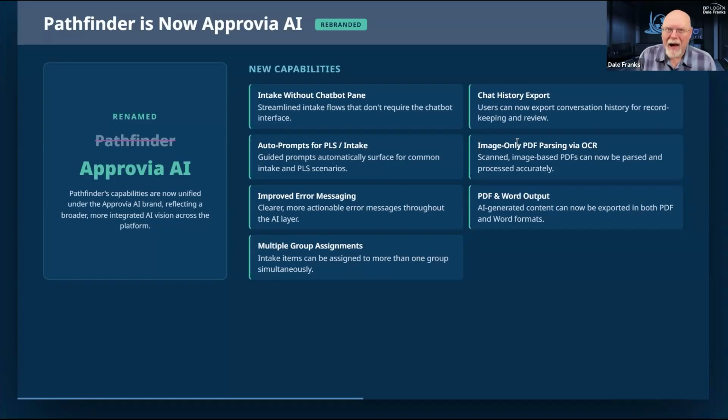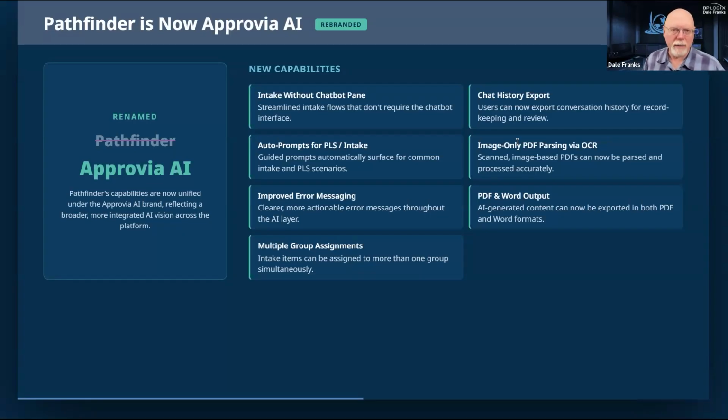Because you can do that automatically with an auto prompt, we've had to redo error messaging so that if you misconfigure it, we have to give you appropriate and helpful error messages that tell you what configuration mistakes you have made and the reason why the automatic intake can't occur, so that we can help you to go back and reconfigure the control to erase those errors.